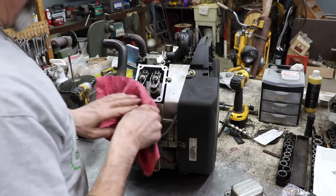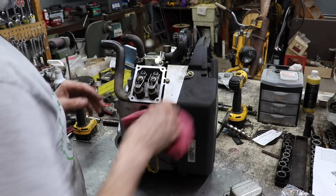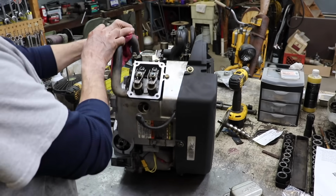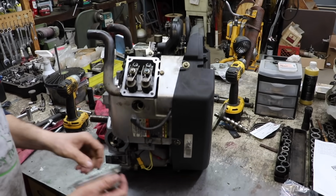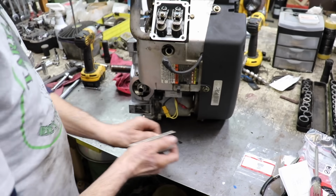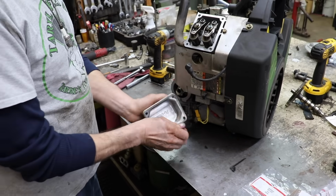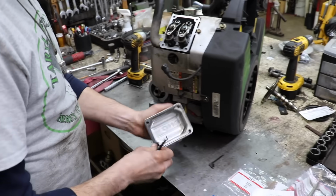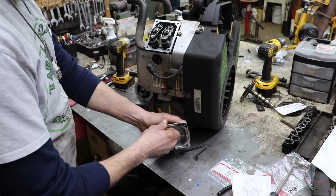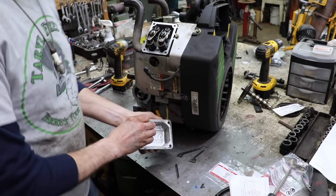So now we gotta put our push rods in because we had the cam out. Now again, if you just wanted to replace the gear, you wouldn't have had to do all that. You could have just popped it apart, put the gear in like I showed you, and then just reset the governor and put the gasket on. But since we had all kind of internal engine damage from that thing exploding,